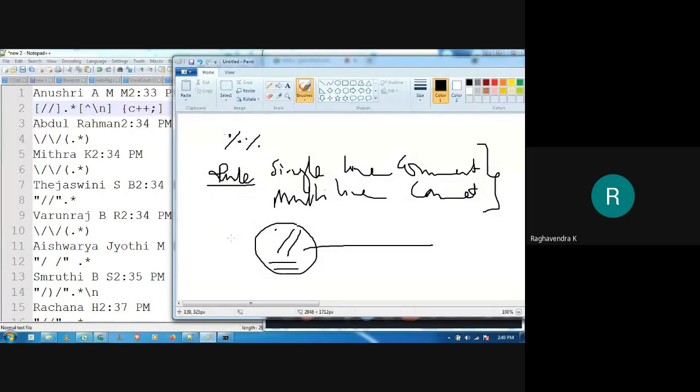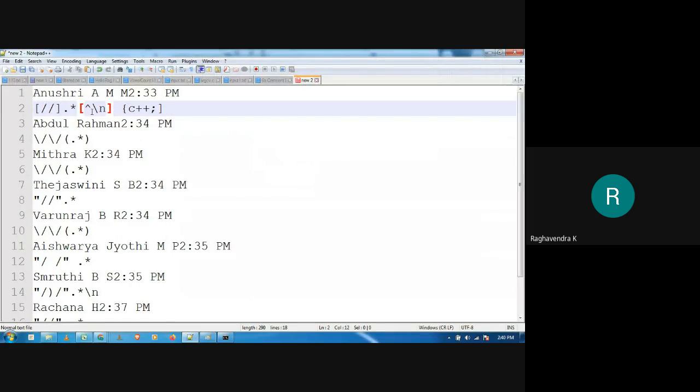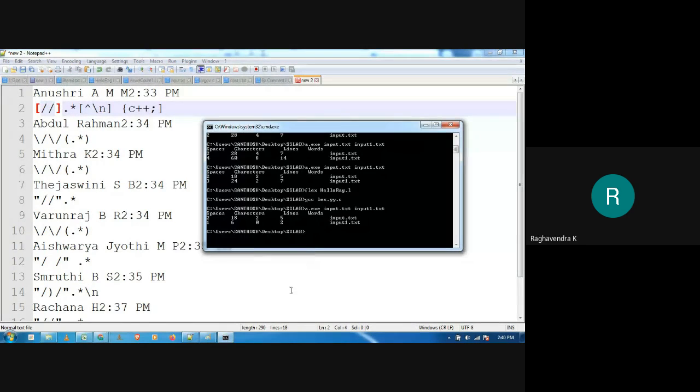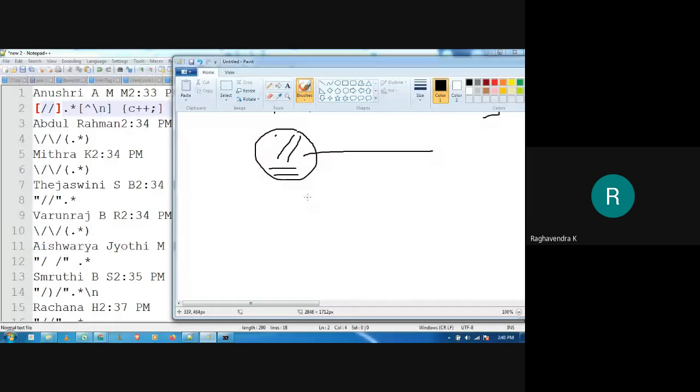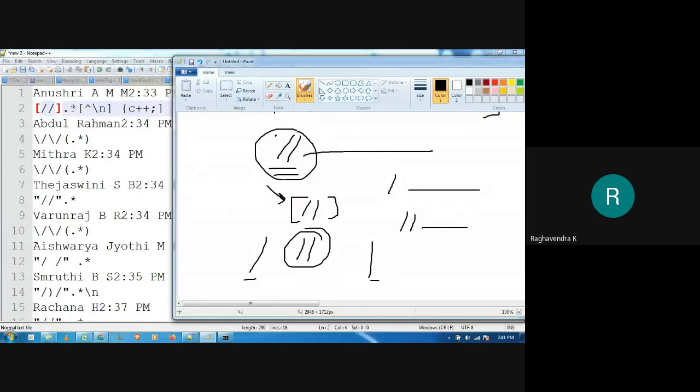Somebody has written it like this, which is okay, no problem, but you're writing it inside a character class. When you write it inside a character class, it will either match this one or match that one. Either one of them is going to be matched; together, they are not going to be considered. So if you write it within the character class, this is going to be considered wrong because it can match something like this instead of this.